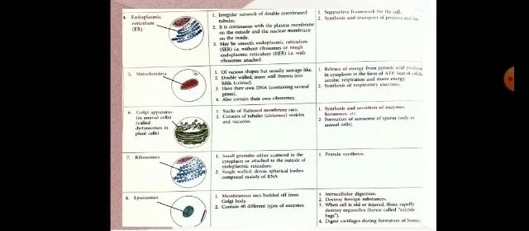Now next one is mitochondria. I told you mitochondria is the powerhouse of the cell. It generates energy for a cell in the form of ATP. It synthesizes respiratory enzymes. It contains respiratory enzymes. It is also a double membrane. Its inner wall is thrown into folds, that is called cristae. One important point is that mitochondria has its own DNA, and it has ribosomes, so it can produce proteins.